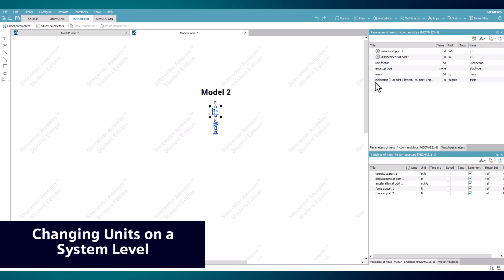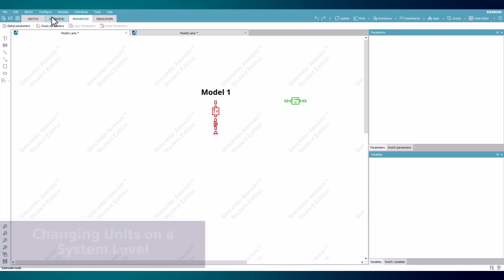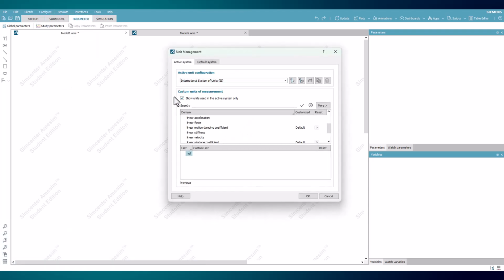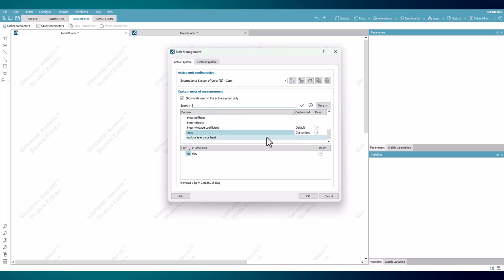Say rather than changing the unit for a domain in its entirety, you wish to do so only for one model. This is possible in the Active tab, which can have the same menu as the previous tab, or can be changed to display only the available domains and units being used for the components currently in the model. When selecting mass here, the default unit of kilogram is displayed and can be changed in the same way to slugs, but a pop-up message appears when doing so, notifying the user that they must duplicate the default configuration file before customizing, which prevents them from changing the AimSim unit files if they want to make modifications for only this model and not affecting others.